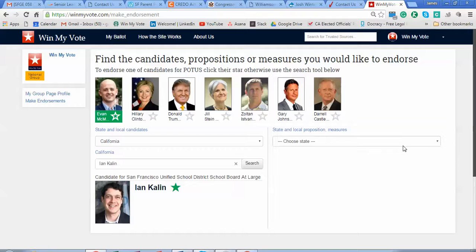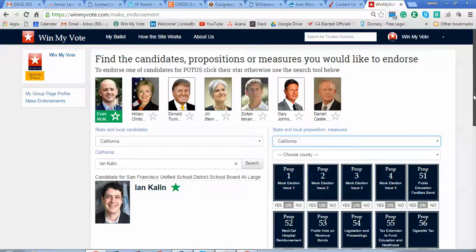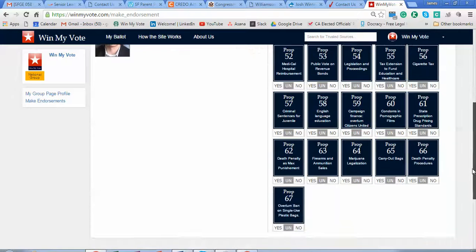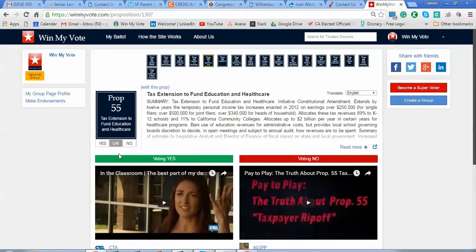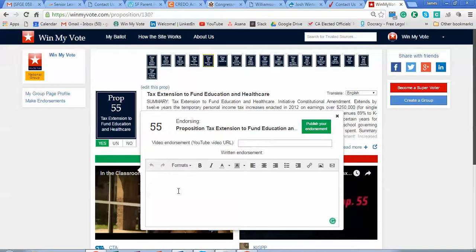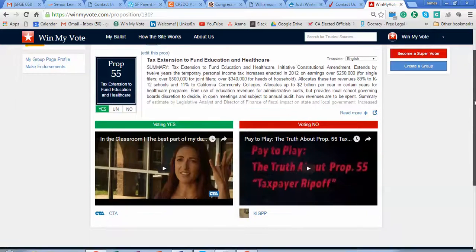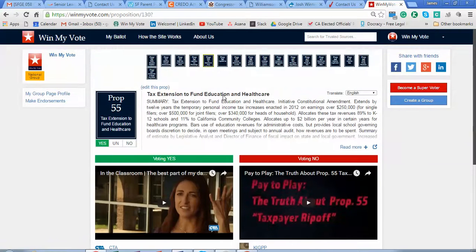And that's it. As far as propositions go, I can click the state that I'm interested in, and this will give me all of the state propositions. So I can go down, click on Proposition 55, and we want to endorse Proposition 55. We want to say yes on that. So I click that, and again, the same process. You can either do written or the video there, and then that will be displayed on the user's site below here. So we'll go back,